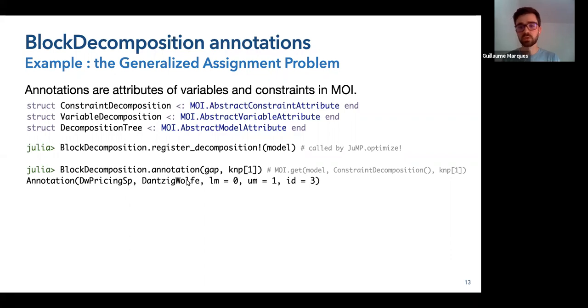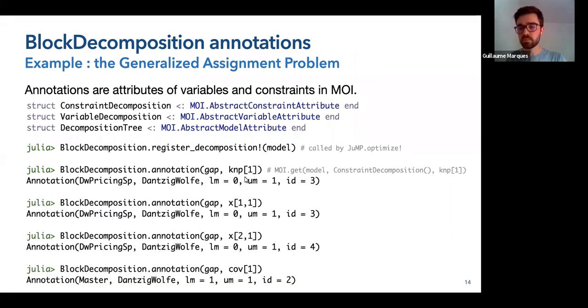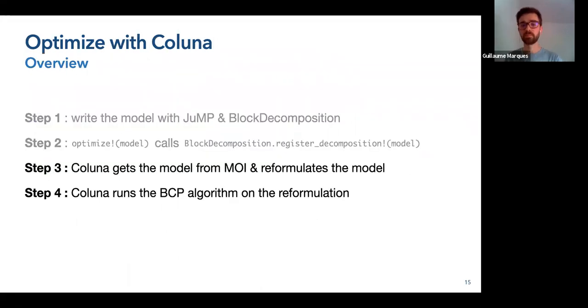each constraint. So here you can see that the knapsack constraints of machine 1 will be in the subproblem with ID 3. And the variable for machine 1 job 1 will be in the same subproblem. For machine 2, it will be in the second subproblem, and the set partitioning constraints of job 1 will be in the master. So you can check if the decomposition is correct. Here, it's a good decomposition. Okay. And now,